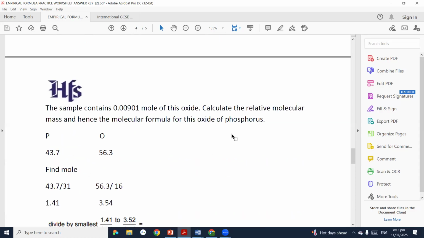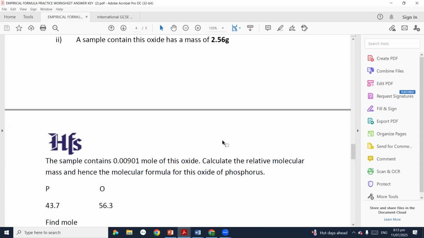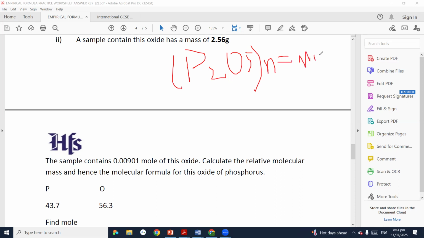Now what they are saying is that you have to calculate the molecular formula as well. So I told you that for calculation of the molecular formula, you need the empirical formula, and the empirical formula is here. What is the empirical formula? P2O5. This is your empirical formula. And the second data you need is the molar mass. But I am not given the molar mass in this question.